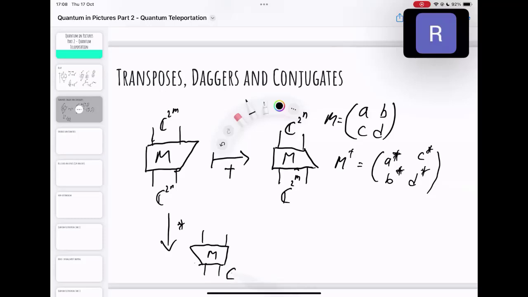And now the types are still the same because I'm just reflecting. So the input output types are still the same. Like this, these are the types. And as you can see, the conjugate is just